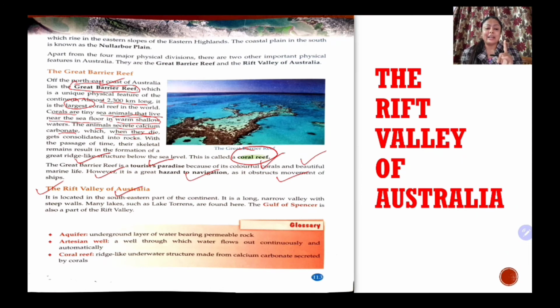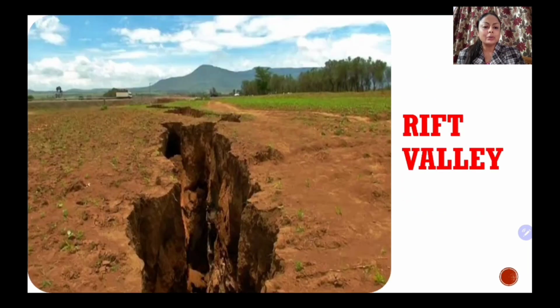The Great Rift Valley is in Africa. It is the largest rift valley in the world, but in Australia, this Rift Valley is not as large. It's not occupying such a big area as it does in Africa. In Australia, it occupies a much smaller area. So in the southeastern portion, children, see the picture. This is how a Rift Valley forms. Cracks appear, and due to faulting, the land moves apart and a depression is formed. This is known as a Rift Valley.